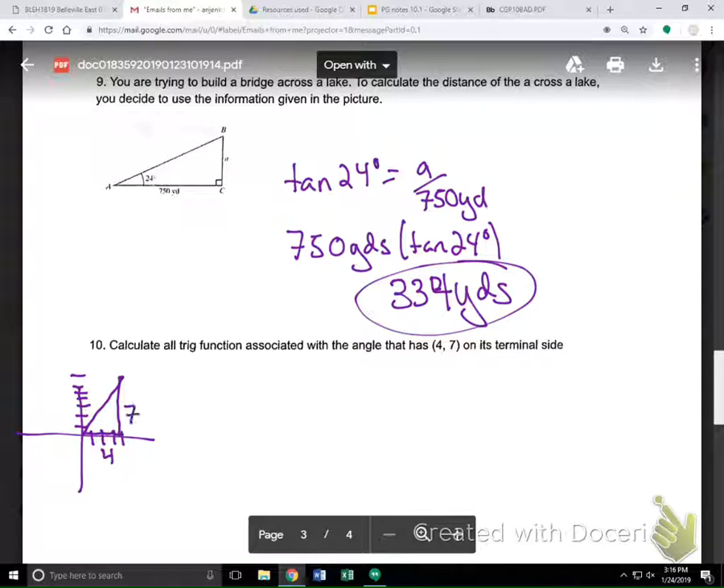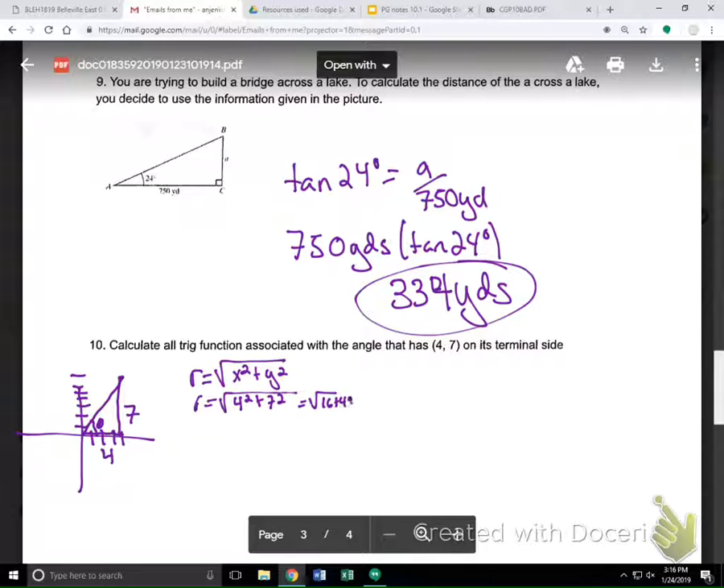So I know 4 this way, 7 this way. The angle that's formed is right here. So now I'm interested in finding all the trig functions again, but now I need to find my hypotenuse. How do we find my hypotenuse? R equals the square root of x squared plus y squared. Exactly right. So R equals 4 squared plus 7 squared, which gives me the square root